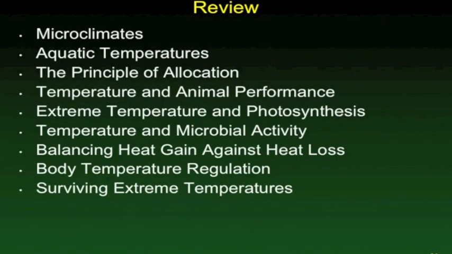So to review our chapter quickly, we have looked at how temperature changes over small areas, and that temperature in the water doesn't vary as much as it does on land. And we saw that the animals have a limited amount of energy, and what they allocate to managing their temperature then will not be able to be used for things like growth or reproduction. We saw that animals perform best at a certain temperature range, and it's the same thing with photosynthesis. We learned that microbes can live in a wide variety of temperatures. We talked about extremophiles, and that both animals and plants balance their heat intake against heat loss in order to